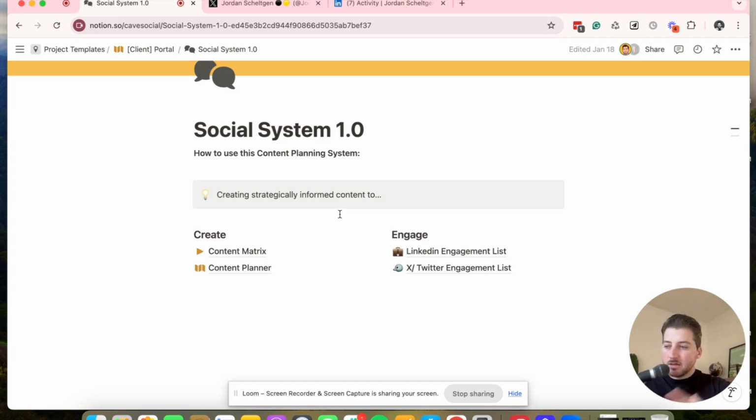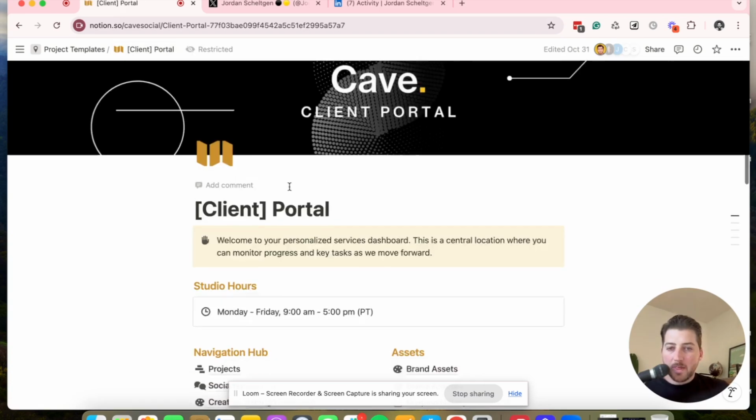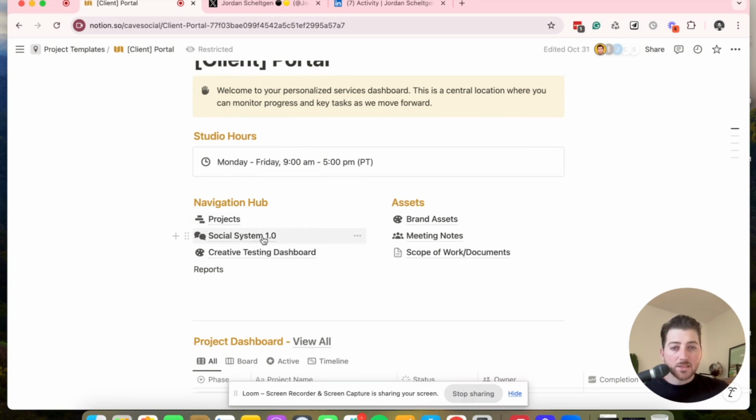You can add in more themes. You can start to layer on different content types. You can say, what type of media are we going to have? You can put a column in. Is it video? Is it photo? Are we going to take this idea, turn it into a YouTube video like this, and then actually have that become several photos or several posts on LinkedIn, whatever it may be. So that's what we build out. That's the social system,